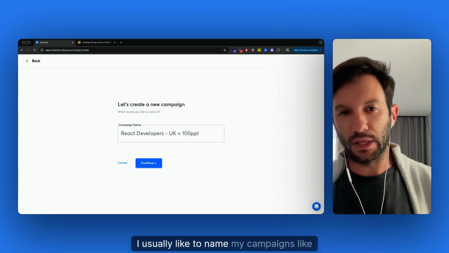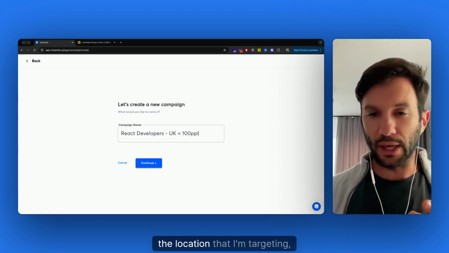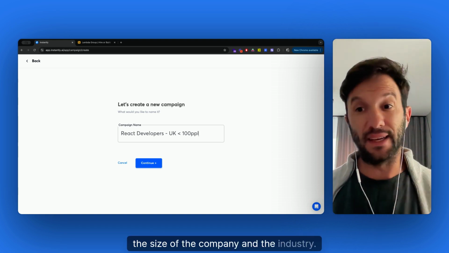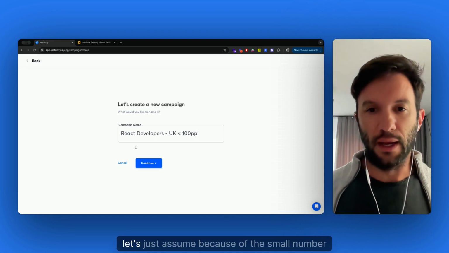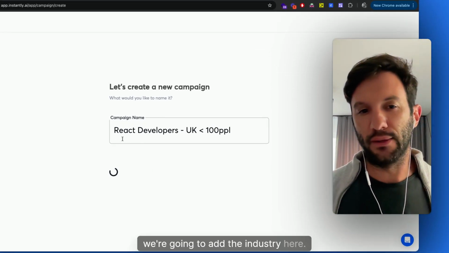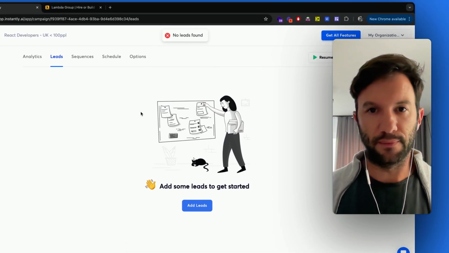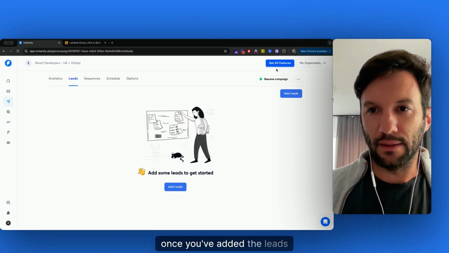I usually like to name my campaigns like who I'm targeting, the location that I'm targeting, the size of the company and the industry. But let's just assume because of the small number, we're not going to add the industry here, but yeah, you're reaching out to React developers. You need to add the leads. Those leads you just got, okay? Once you've added the leads,